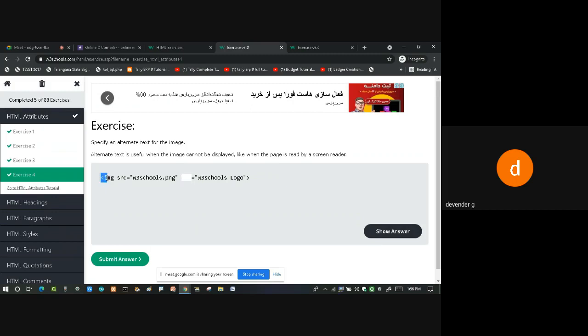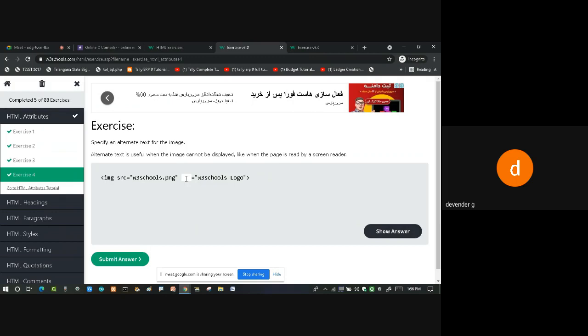Then here again we are seeing the image. We have already seen image, src, width and height. Then for the image, I need a tooltip. Like we have seen for the paragraph, what do we have to use for the image?